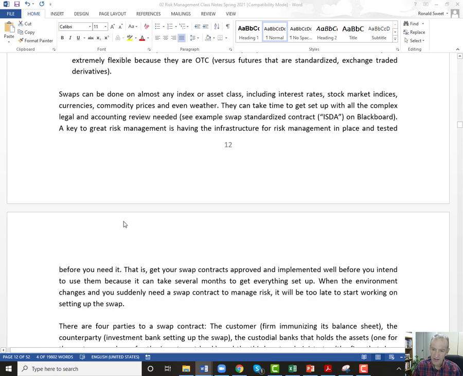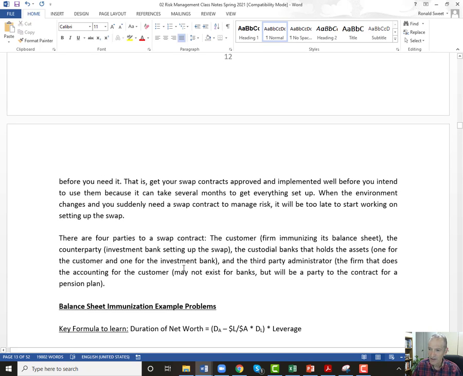But we'll talk about the importance of options. The ability to do something, even if you never do it, is a very powerful thing for risk management. Get these things set up, get them approved, get them implemented, even get them tested. Even though you maybe only do $10,000 just to get them tested, it may be hard to do a swap that small. But do something so you make sure you can proceed when you need to. Then when someone calls and says, let's do this, once the contracts are set up, you have to do the contract and the annex. There's a lot of extra paperwork, but once it's all set up,